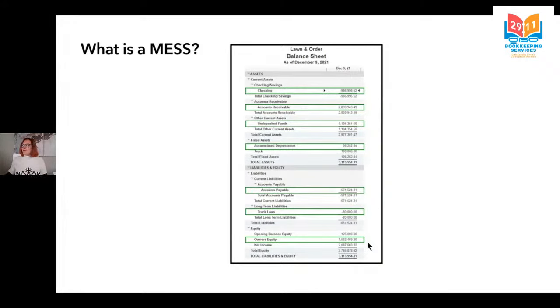Now, just on this one balance sheet, we have 6 examples of potential messes. So it's a very good idea to dive deep into these reports and really ask yourself, do these balances reflect what happened in the real world?